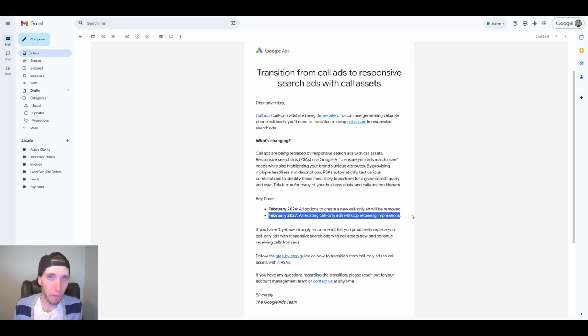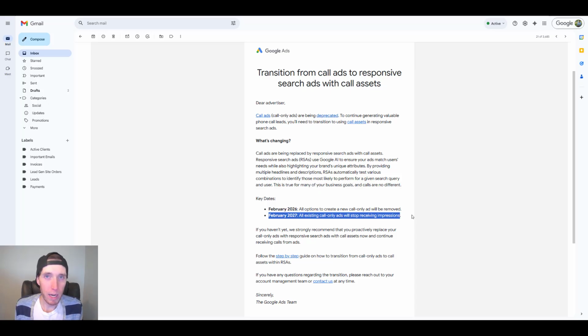I feel like whenever Google phases something out, the longer you keep it in a campaign, the fewer impressions come in. And I've been seeing with call-only ads over the past year or two, it feels like they're getting a little less traction in Google search because Google is just favoring responsive search ads so much more. So it's going to be a bit of an adjustment for some people, but it doesn't mean that you can't have call-only campaigns.